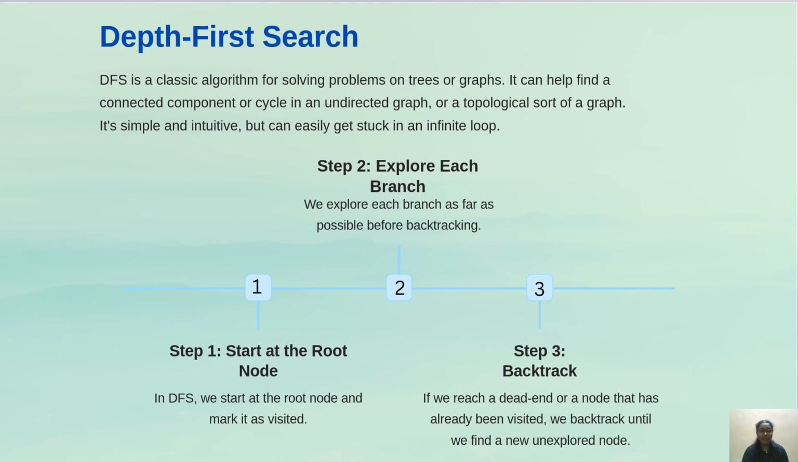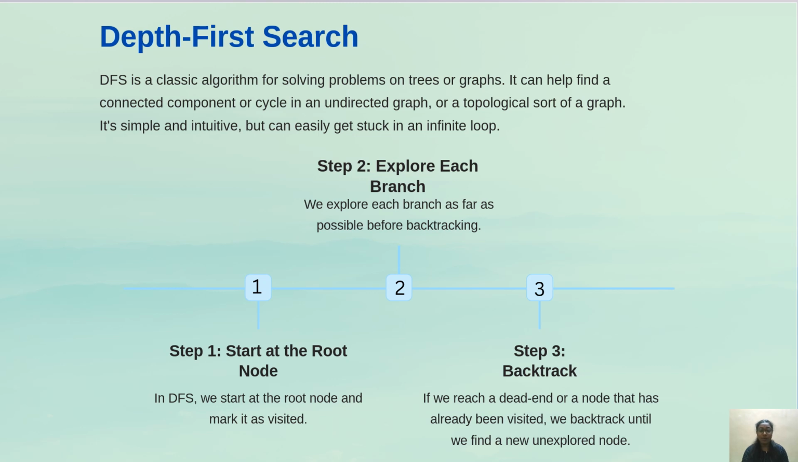We have three steps. The first step is start at the root node. In DFS, we start at the root node and mark it as visited. The step two is explore each branch. We explore each branch as far as possible before backtracking. The step three is backtrack. If we reach a dead end or a node that has already been visited, we backtrack until we find the